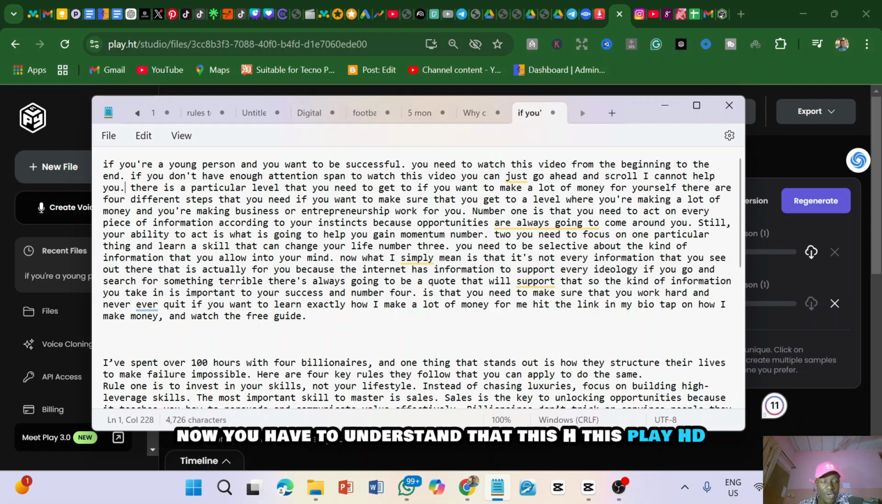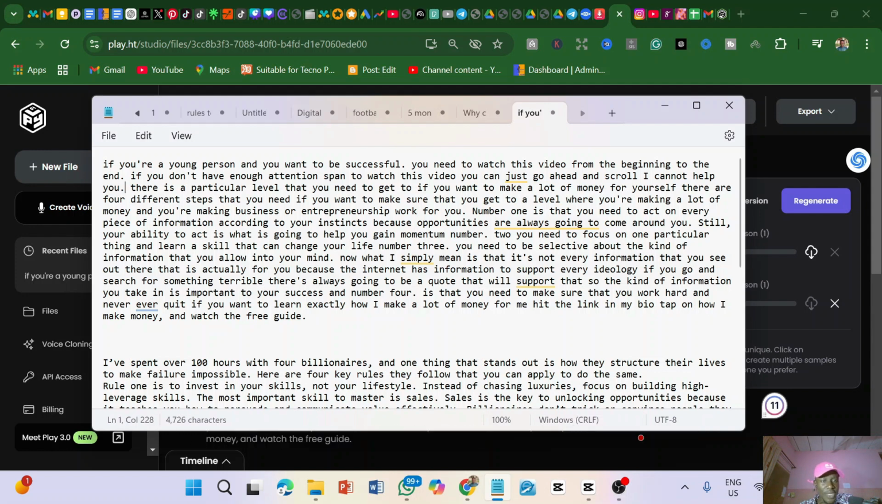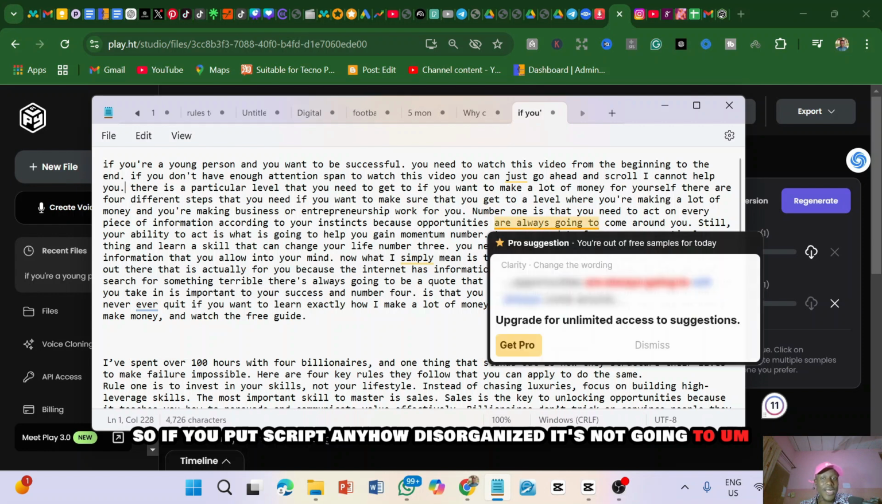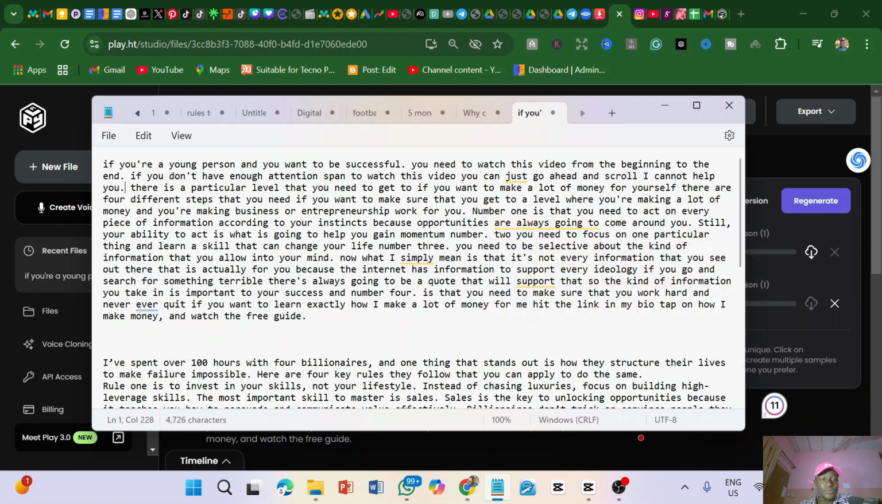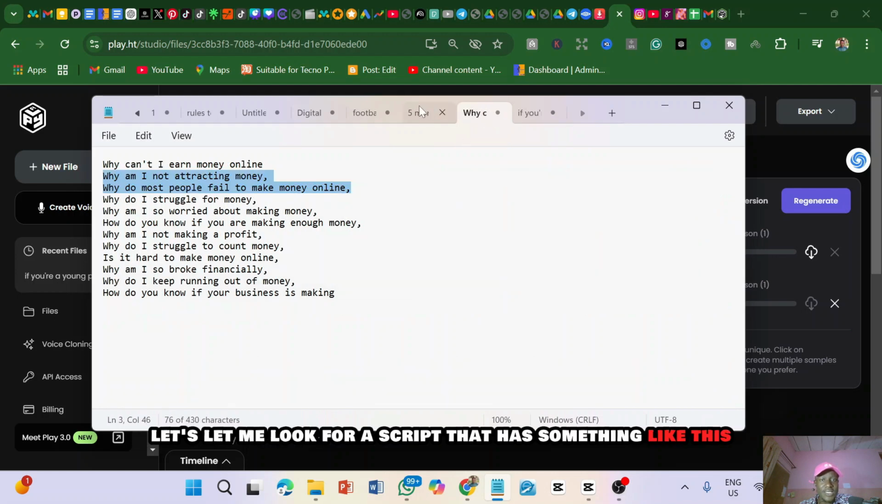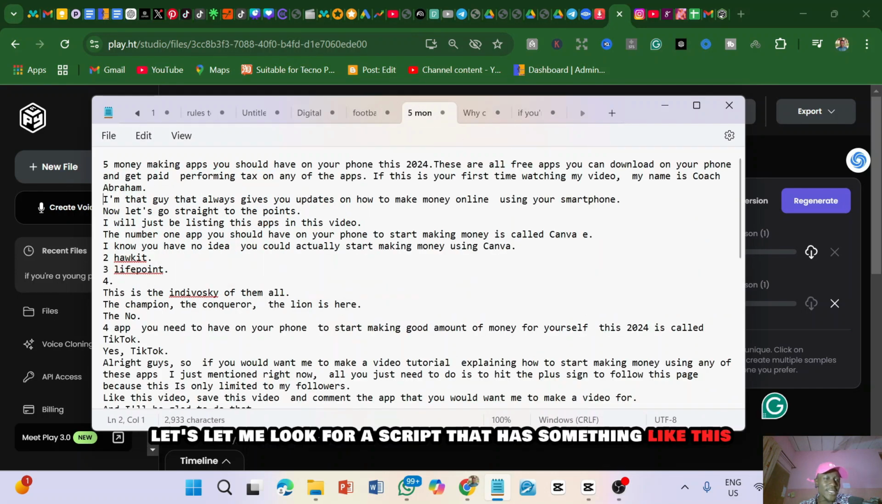Now you have to understand that with play.ht, there's a way it picks scripts. If you put a script in anyhow disorganized, it's not going to pick it well. Let me show you an example. Let's say you have a script that is not as arranged as this. Let me look for a script, something like this. You see this script is kind of scattered. If we copy this script the way it is,